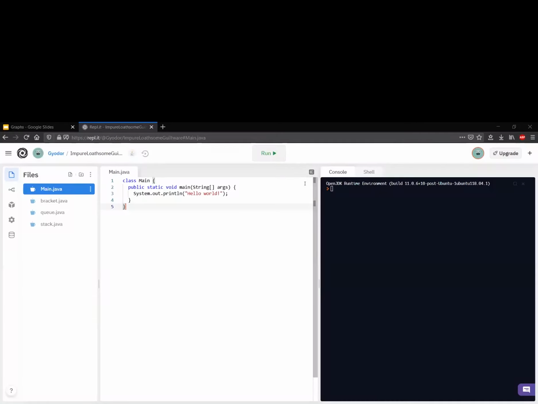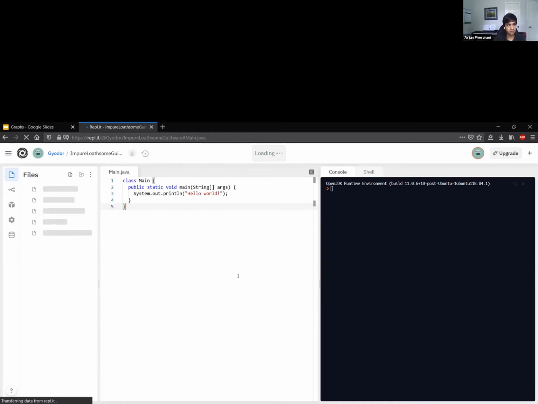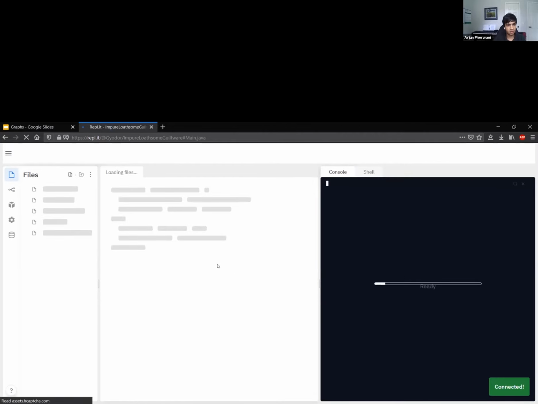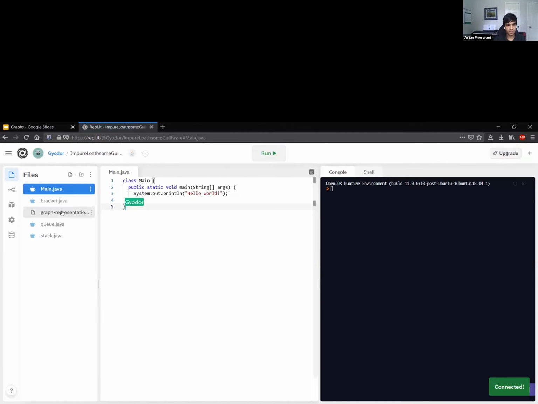But anyway, Nate, can you go to that REPL link? Yep, there we go. Can you see my screen? No. Oh, okay. You said there you go, and I was like, huh? Okay, I see. Trying to find the window. There it is. Awesome. Do you see it? Go to graph representations. Just refresh. There you go. Go to graph representation.